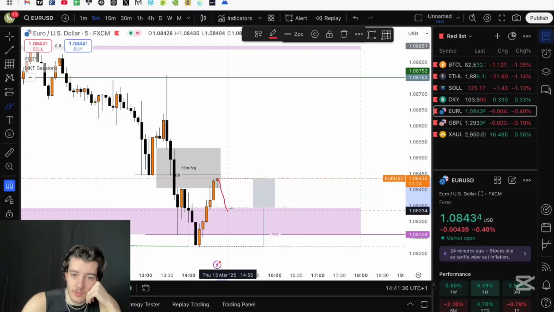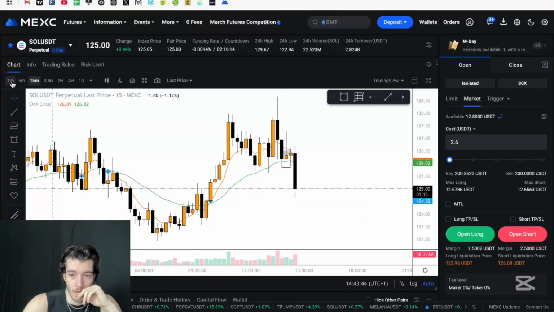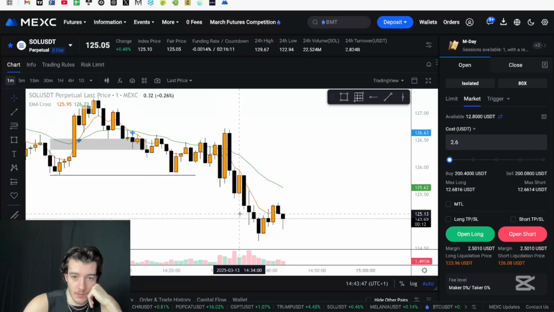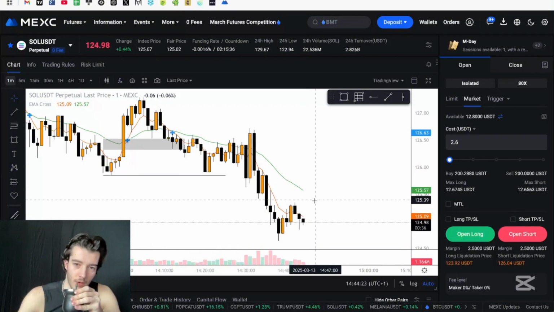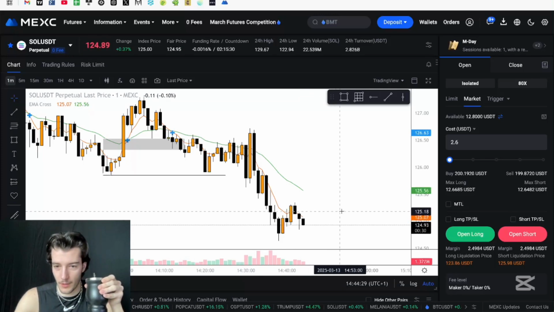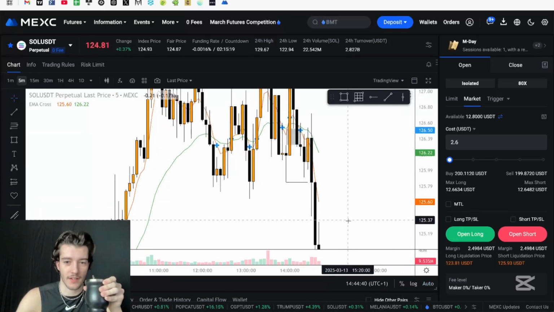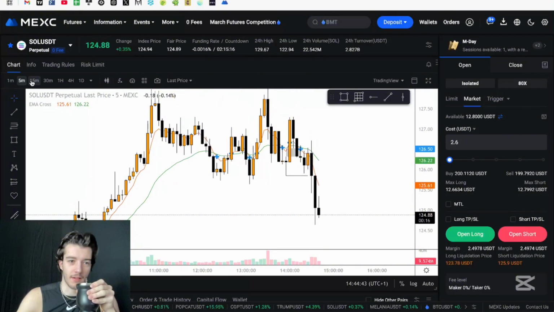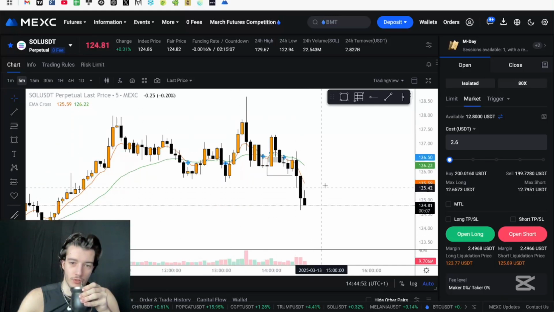Euro should do the same as the dollar. Something similar here. Only 1 minute left off of this 15-minute candle. It will close somewhere down here. And then the next 15 minutes starts. We likely gonna sweep this, maybe even not. But the thing is, we're gonna come back up here somewhere and then I'm gonna enter with a short. There is a very tiny 5-minute fair gap here, so that's why I think that this 15 minute can close like this. And then the next 15 minutes we have a small wick, just like somewhere up until there, just to come up into this 5-minute bearish fair gap.